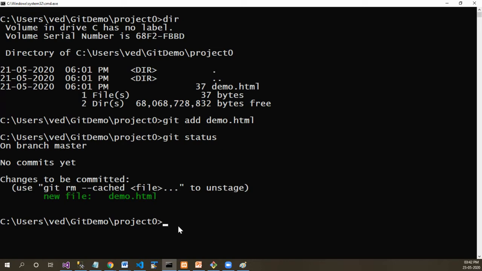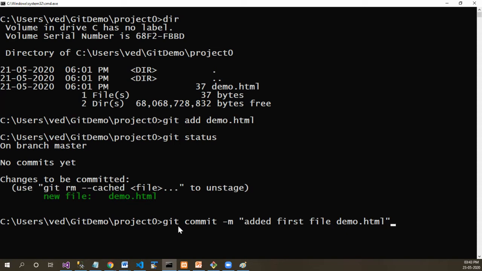So in order to do that, there is a command called git commit, which commits the changes that you have done. Git commit followed by the message, because obviously when you do something, you need to mention what you are committing, what you are saving onto Git, so that the other users working on the same project should get an idea about what the changes are within this chunk of code. So I'll add a preferable comment message: added first file demo.html. So this is my commit message.